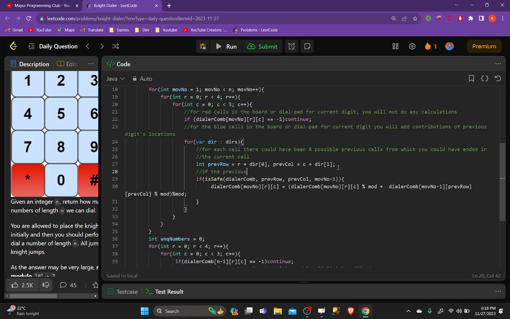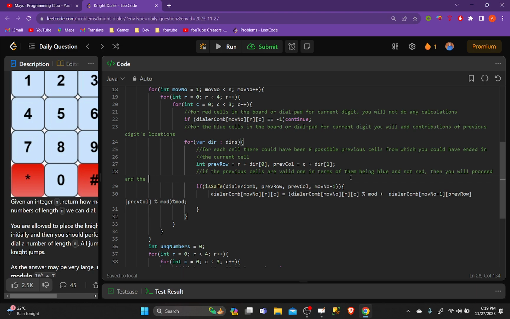If the previous cells are valid in terms of them being blue and not red, then you will proceed and you will add the contributions of those cells to the current state cells. Okay, and you will take mod, of course,